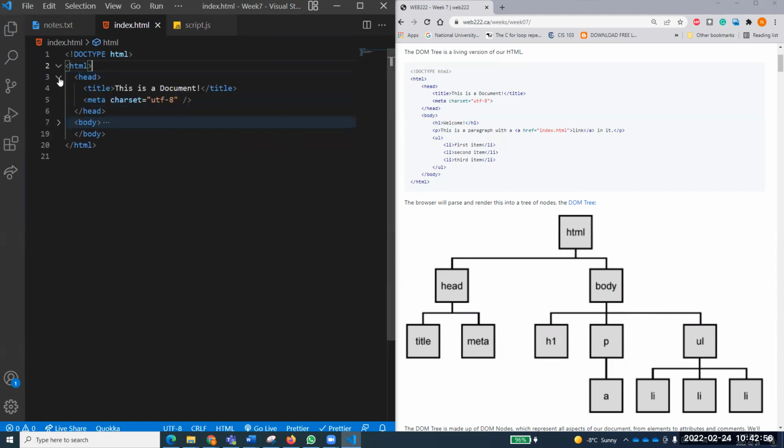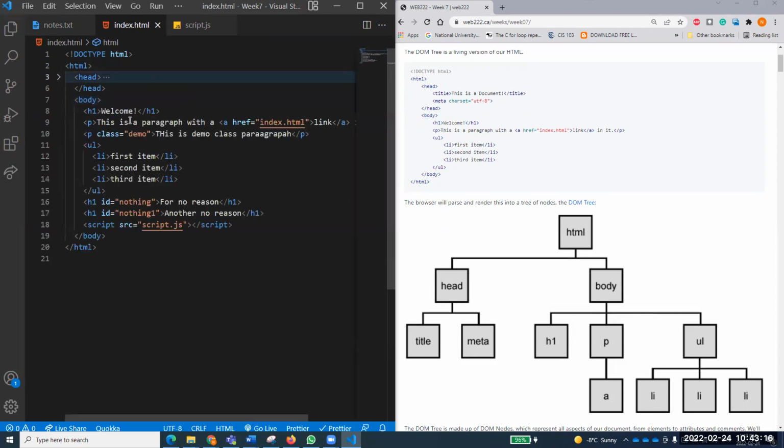So if I expand this, head also has two more children. One of them is the title element, one of them is the meta element, and both of these are elements. You remember, meta is an empty element, but still it's an element. So it has two elements over there. Now, if I collapse this one and expand this one, you see body has